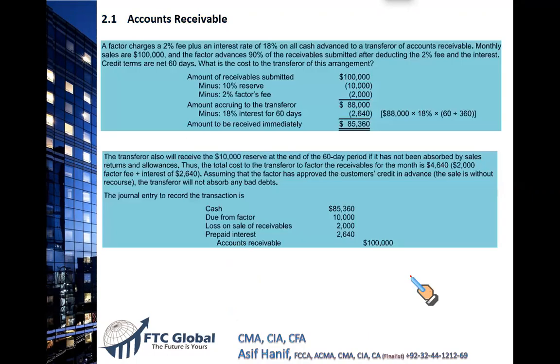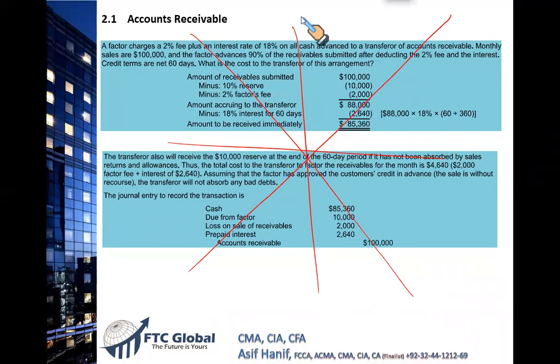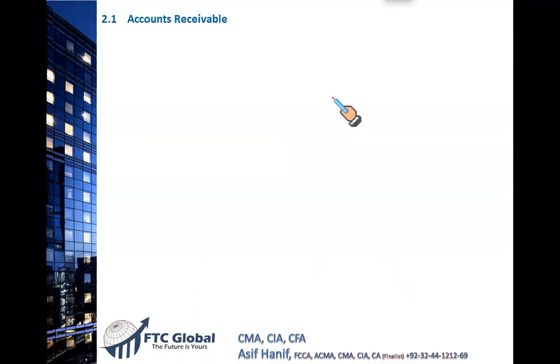So this is what is mentioned here. Now, there is a calculation given to calculate the AR factoring. This is totally unnecessary. There's not a single question in your Part 1 involving factoring. This is a Part 2 domain. In fact, this question is taken from the Part 2 book. So if you see this question in the Glance book, you can skip it, because it is totally unnecessary at this level. Factoring is discussed at a much more detailed level in Section B, CMA Part 2, Corporate Finance. So you can just skip that, and that ends your topic of account receivable.